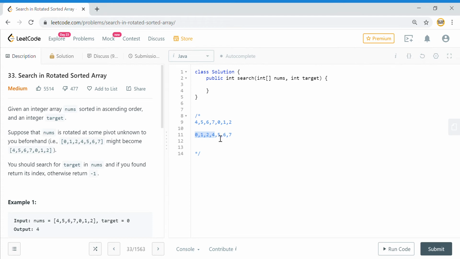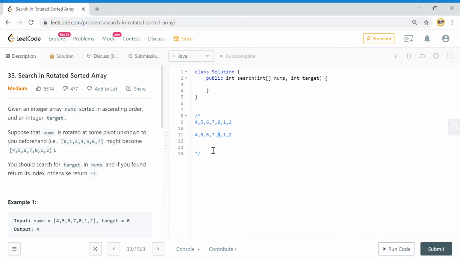Now if it is rotated, in case of a rotated array, we can still take the same approach. It's just that we need to do a little customization to the search. First we'll find the element across which the array has been pivoted. Suppose I do a binary search and I find that it's across 0 that the array has been pivoted.